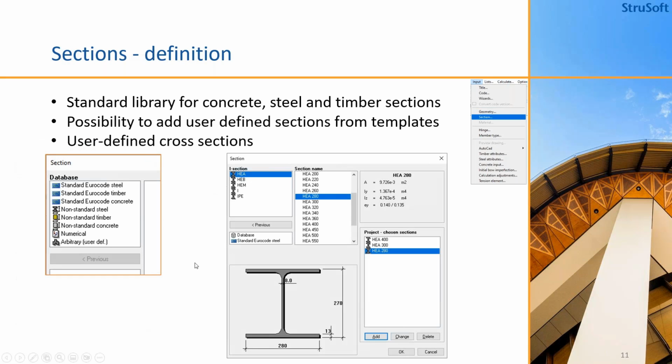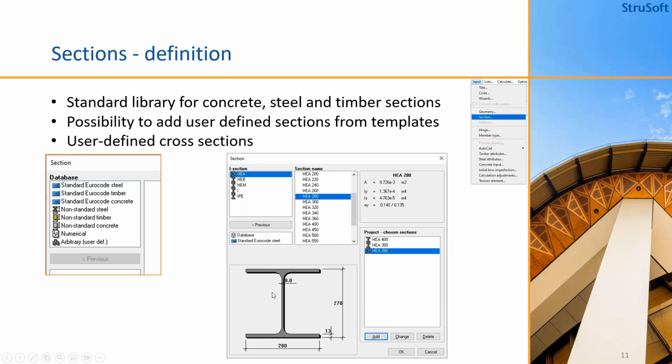If we take a look at the sections, once you have entered a few elements, or at least one element, it is possible to define different sections on the frame. And we have a standard library that contains the most common concrete, steel, and timber sections. But it's also possible to add your own section. So it's possible to define